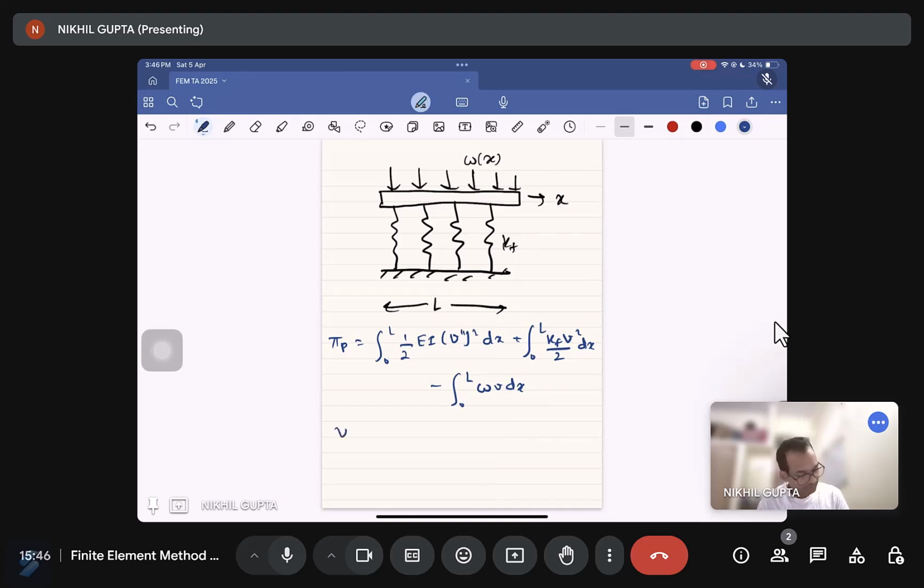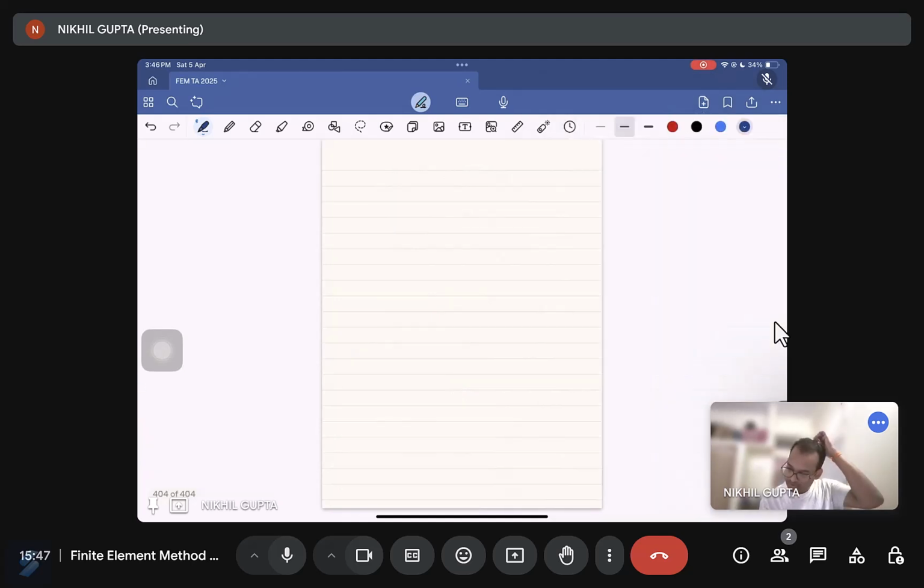Now we know V is equal to N D, which is V equals N1 D1, N2 D2, and so on. Also, when we double differentiate it, d2v by dx square, we get B D. For a beam, we have to do the double derivative. So we'll put these values in the potential function, so that it will become half of